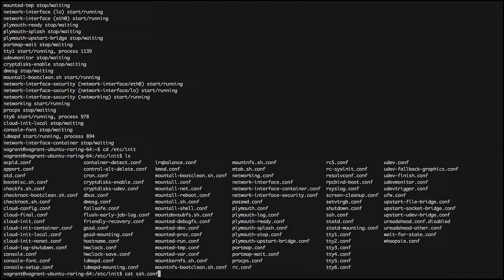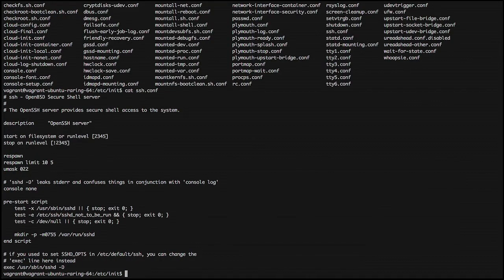As you might already know, SSH, or the secure shell, is a method used to remotely access systems. Vagrant is in fact using SSH in order to log us in from our terminal system into the running Linux box. So if I cat or concatenate the ssh.conf output to the screen,